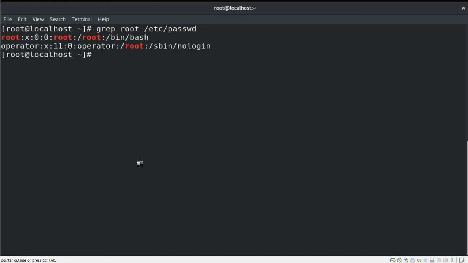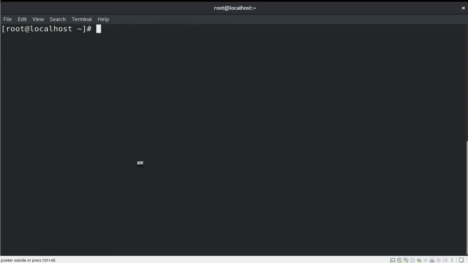So this will show me only the lines where it finds the root keyword. This is very useful to identify the correct line from large data and easily find the appropriate keywords. These are some important commands which we could use to list out the contents of a file.